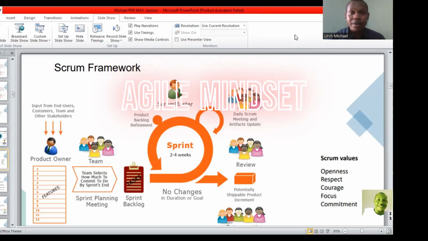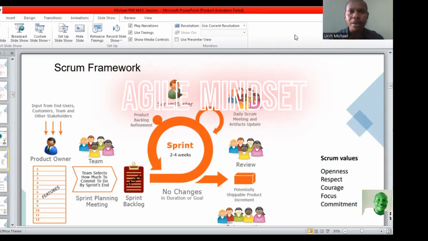The Scrum Master is the master of the Scrum, the one that understands the Scrum principles and the process. So he's the facilitator of the Scrum process. That's who the Scrum Master is. In Agile, we call him the Scrum Master, but in predictive project management methodology, we call them the project manager. So when you think about the project manager in the predictive methodology, you can think of the Scrum Master in relation to the Scrum team, okay?